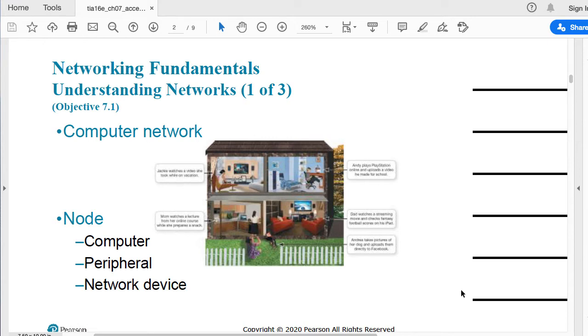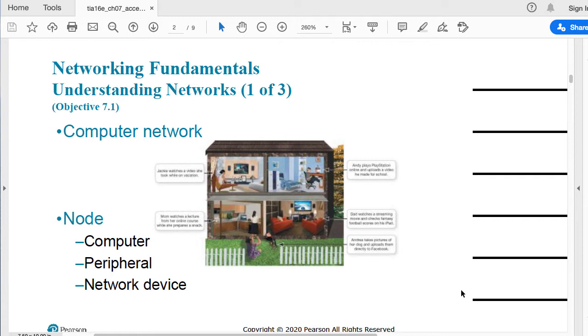Okay, so first of all, let's talk about networking in general, or computer networking in general. Well, as you may already know, a computer network is a resource that allows you to interconnect, allow the communication between different network devices. So, for example, you may have your laptop, your desktop, your smartphone, iPad, and your kids, they have their own smartphones, they have their Xbox, PlayStation.